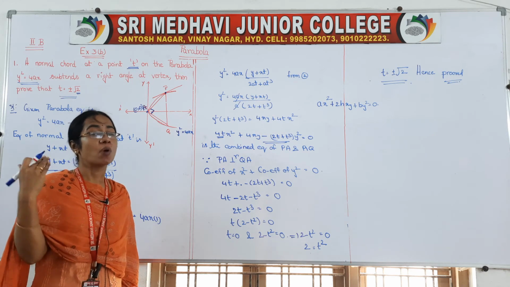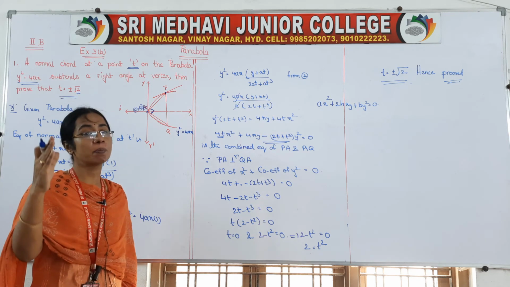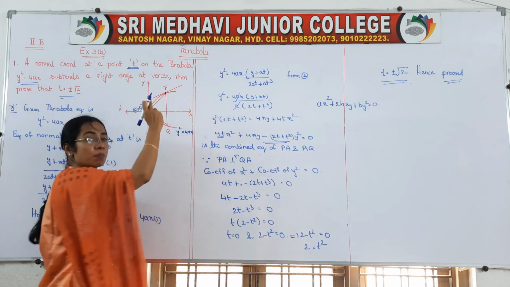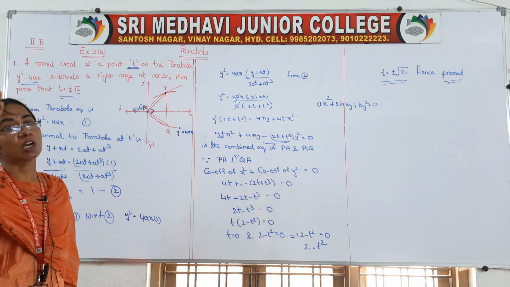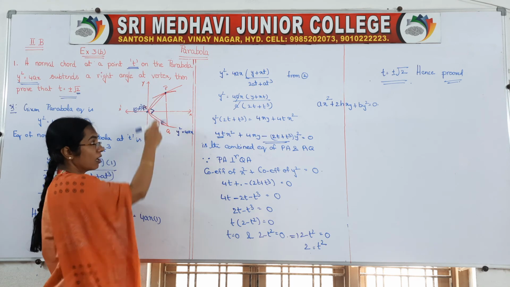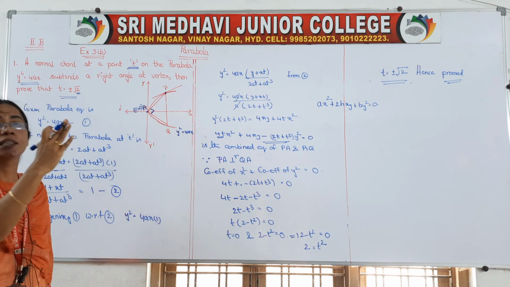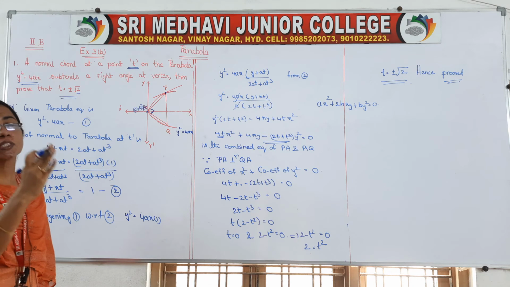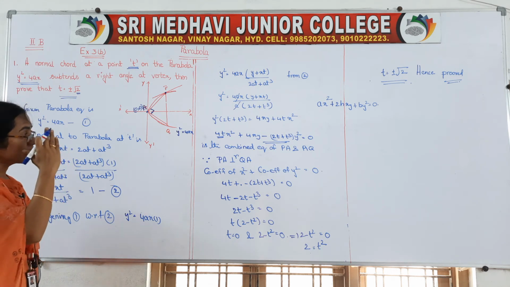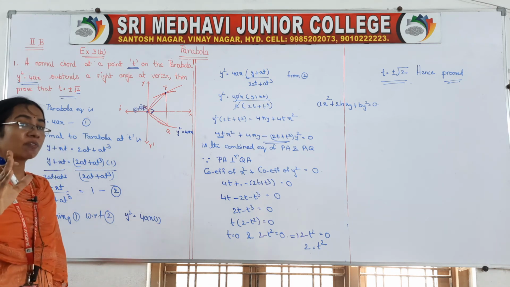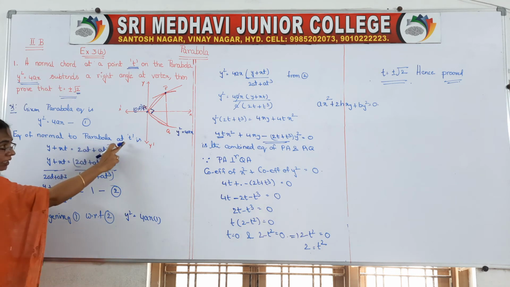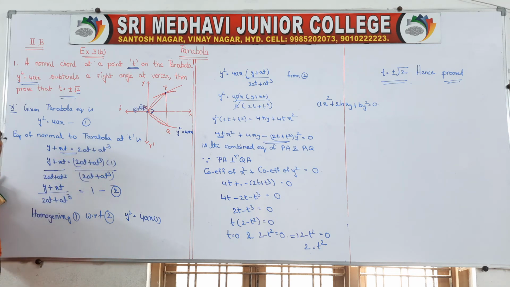Okay, so what is meant by normal? It is the perpendicular line to the tangent. So suppose we have taken one tangent at the point P. Through that P you draw one perpendicular line on the parabola, right? You will get the normal of that parabola, that is PQ, right? PQ is the normal of the parabola. Okay, so if PQ is a normal, you get one line equation. You try to write the normal of the parabola in terms of t, you will get one line equation.